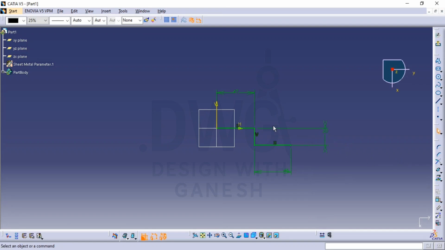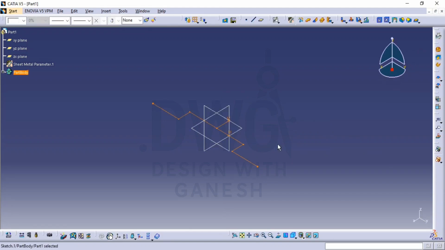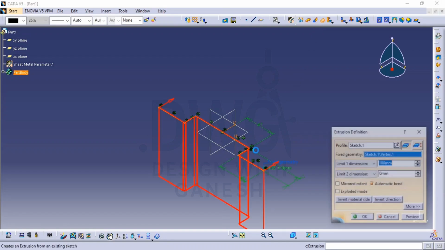Press and hold the Control button and choose all these three entities, use the mirror option and choose the mirror line. That's it. Exit. You don't need to specify fillets here, as that will be considered as a bend radius when you apply the sheet metal. Now if you click on the extrude option, see,